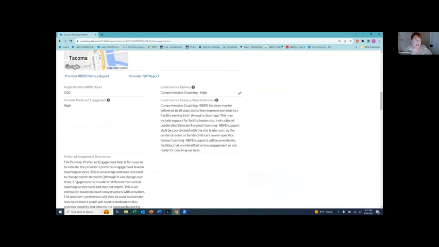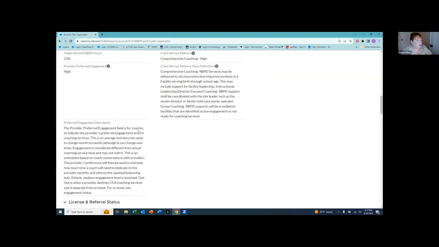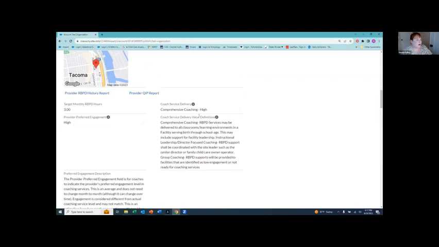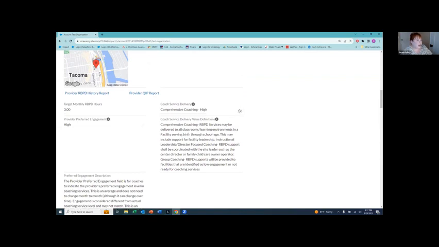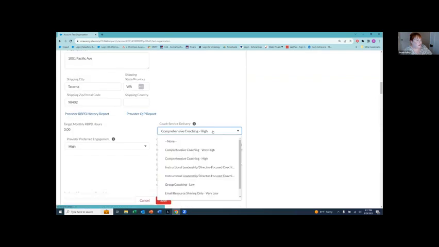We're going to move it to take into account the comprehensive coaching, the coach service delivery. And so you can see what is their current coach service delivery and what does that mean for their target monthly RBPD hours. We'll be taking down the provider preferred engagement and the old definition. And we have our new definitions here, and clicking edit, you can see how you can move them to the different levels.